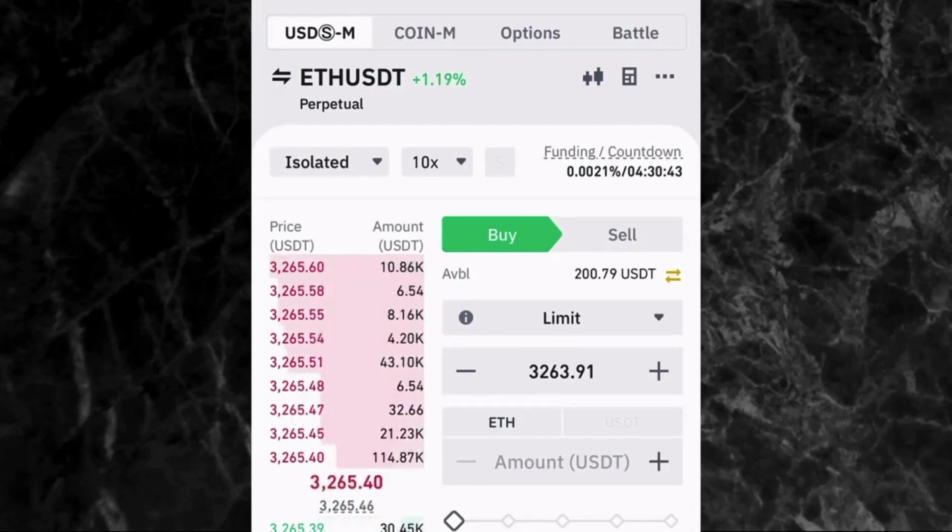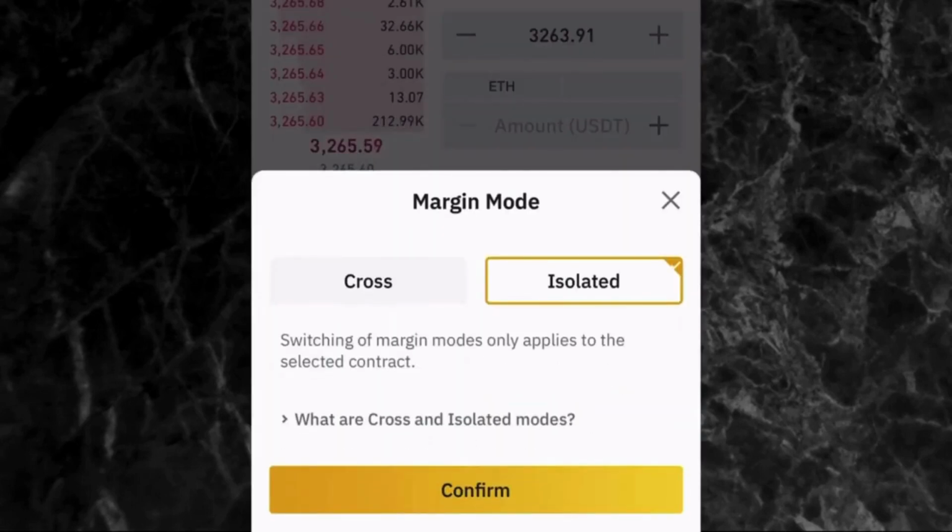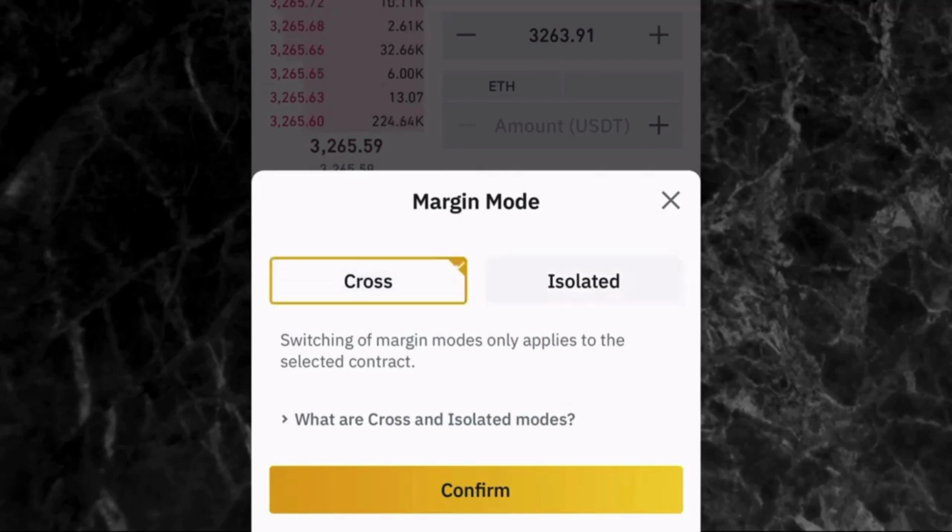Now, the next thing I need to explain to you guys is isolated margin and cross margin. So if you tap where this arrow is pointing to, once you tap on it, it's going to give you the cross margin and the isolated margin. So now they are both different. Now, if you are using the cross margin to trade, it means that once you get liquidated, you are going to lose all of your money, including the ones in your wallet. This is because once you get liquidated, you lose the money you have used to enter the trade, and then the money in your futures wallet will be used to hold the position. And then once it can't hold the position again and the price is still going down, you're going to lose